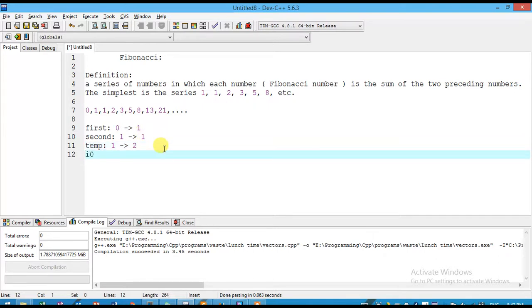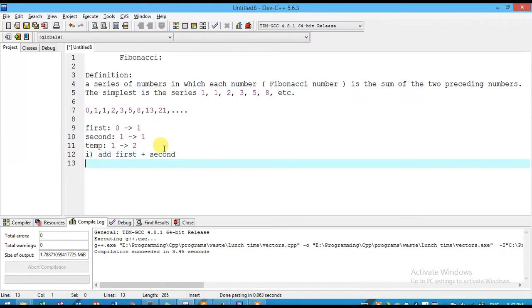First step, add first plus second. Then second step, put that sum into a temporary variable.